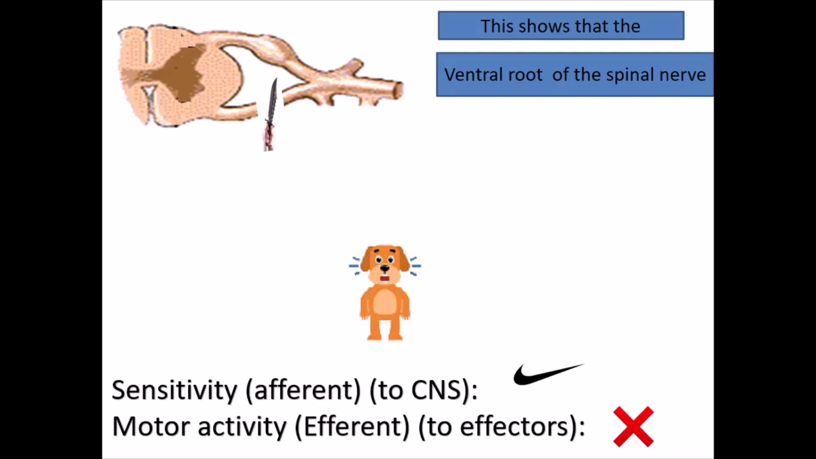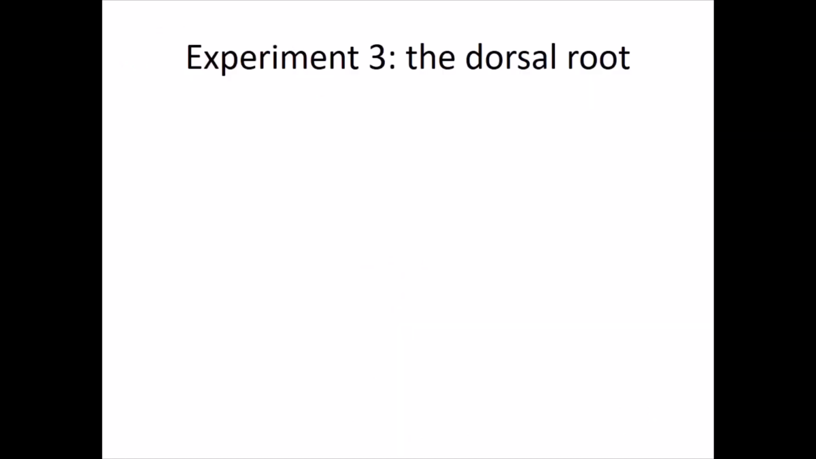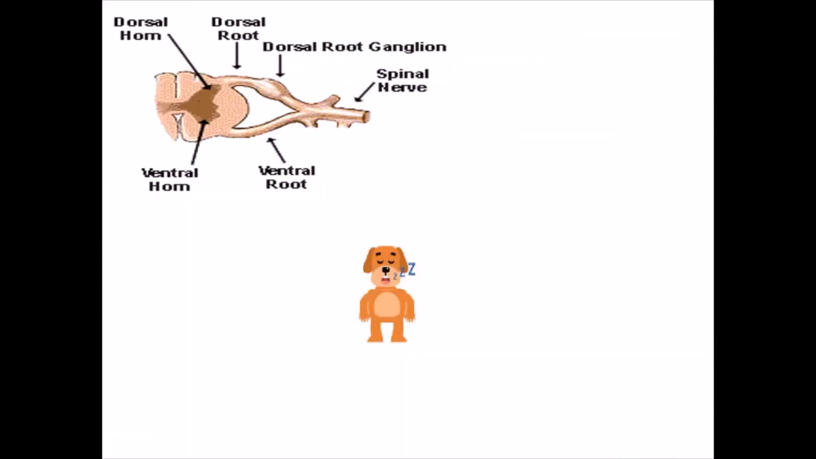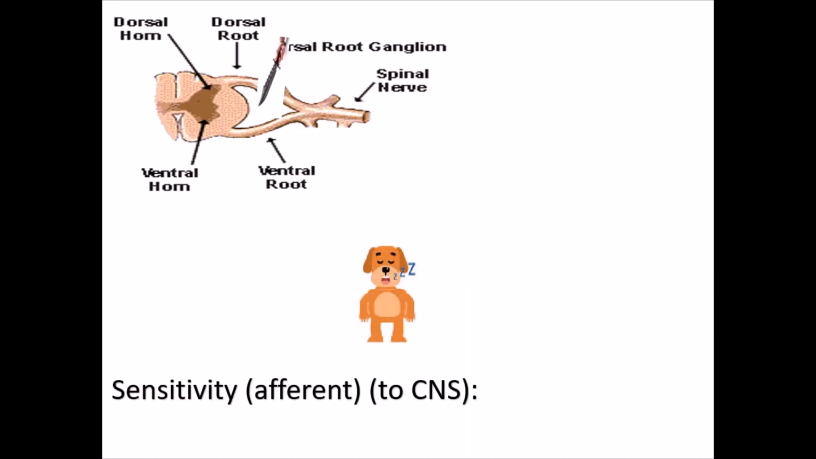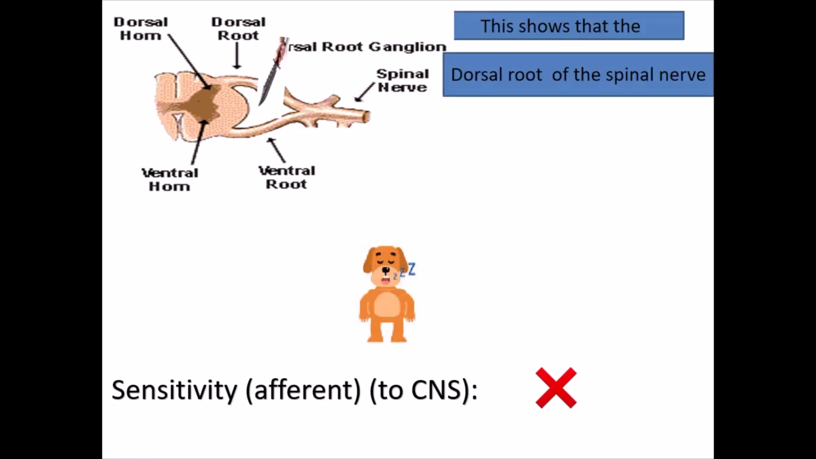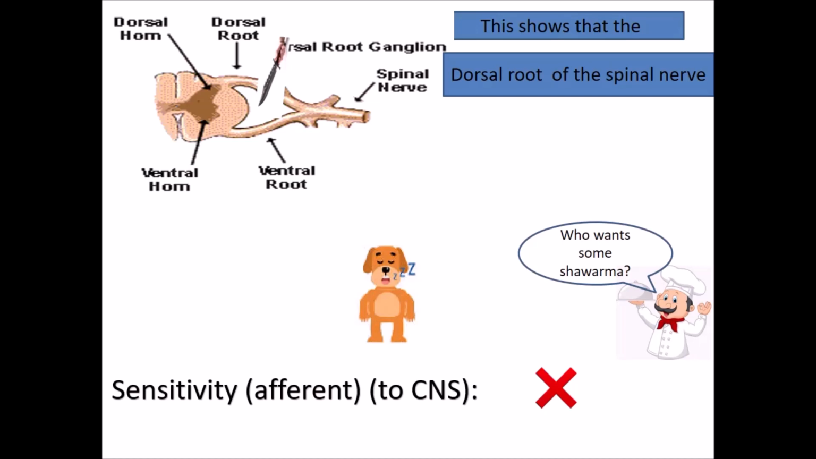Well done, let's continue. So experiment 3 now, the dorsal root. So where's the dorsal root? There it is. We section the dorsal root, the same experiment again, bite. What happened now? There's no sensitivity and no movement. So this shows that the dorsal root of the spinal nerve,